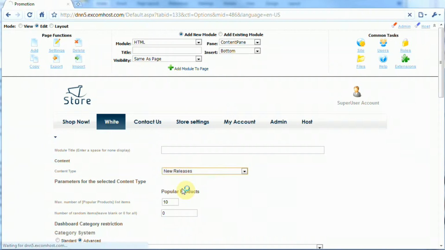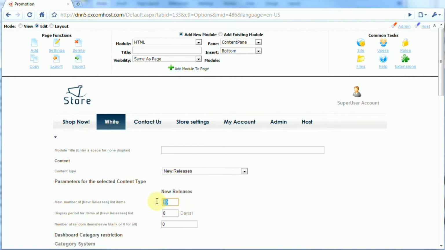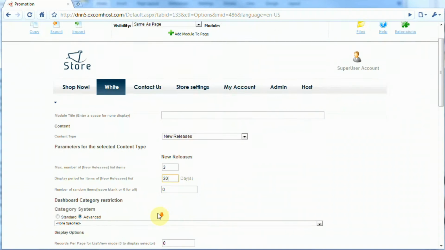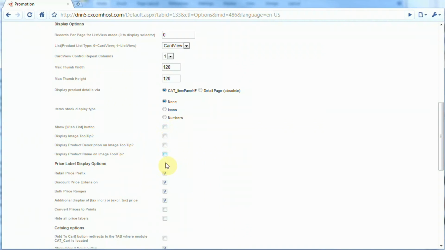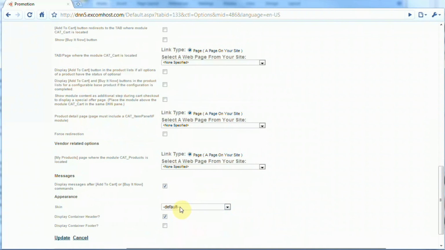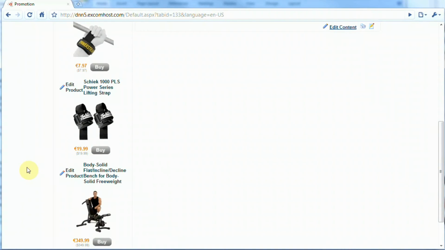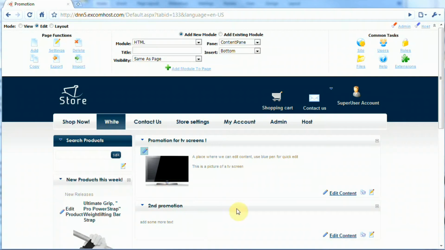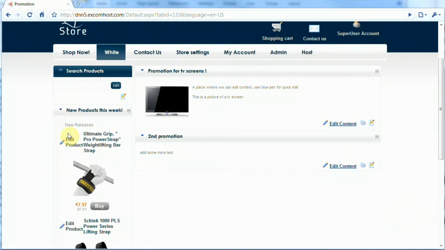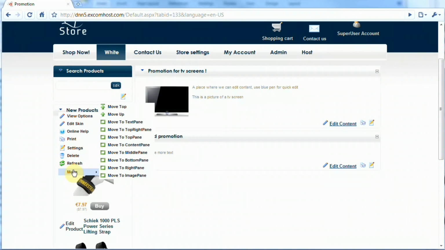Now we're going to configure this by using the module menu, and these settings you'll find in the catalog documentation. I'm going to show 3 new releases that have been put in the last 30 days. I'm just going to keep the output very simple and turn off all the other options here and just update. And here you can see already that we've built a new page with new content coming on here already. Now let's just show you how we can move this around again. If we move this into the center,